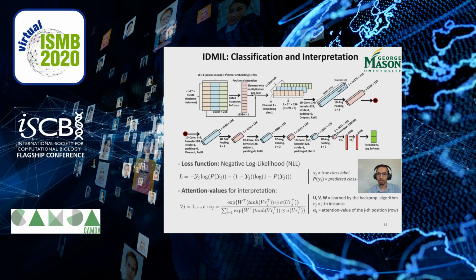We apply one-dimensional convolution so that it conforms with the ordering we introduced earlier. After multiple hidden convolutional layers, we bring it to a fully connected layer and predict the class label of the bag as either healthy or unhealthy.